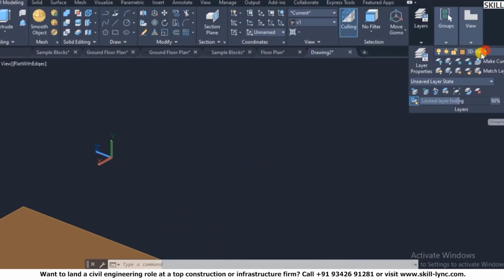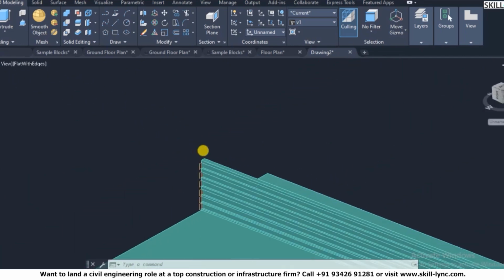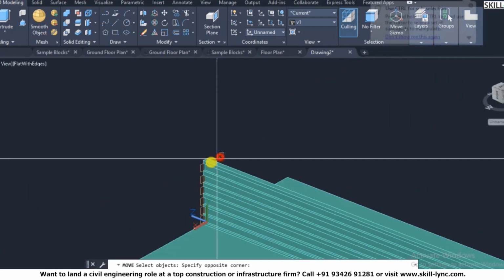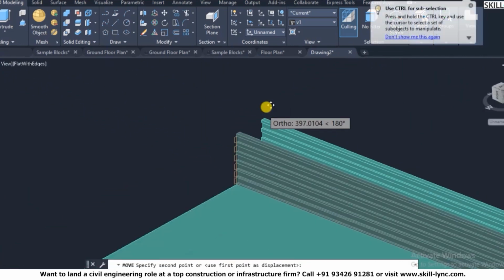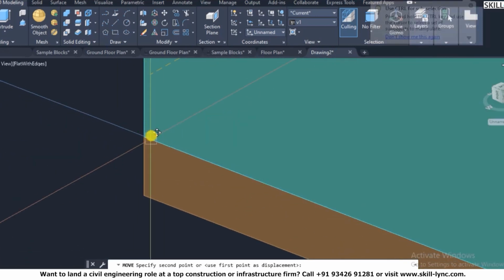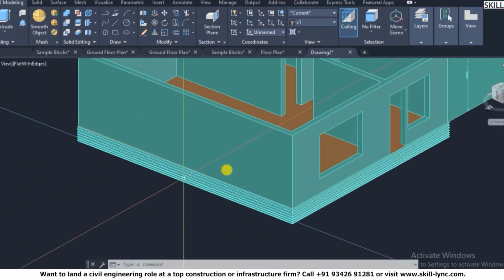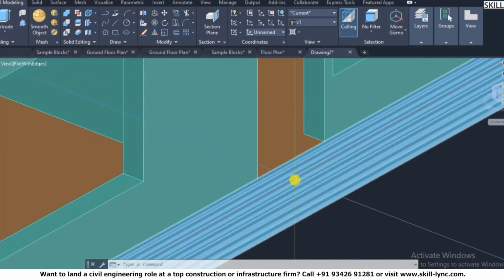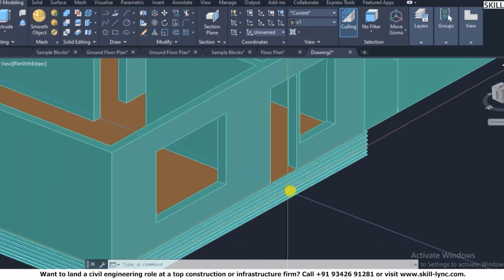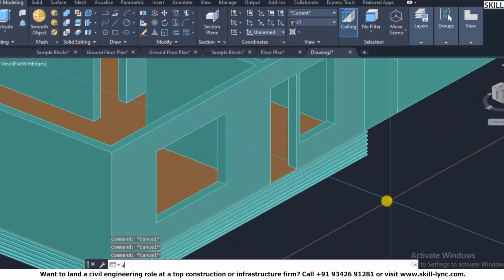So you put it on the 3D wall layer, and now you can move this 3D wall layer and put it above the, to create a wall clad. So here in this particular area I don't require it, so I want to cut it. To do so, put the UCS here,